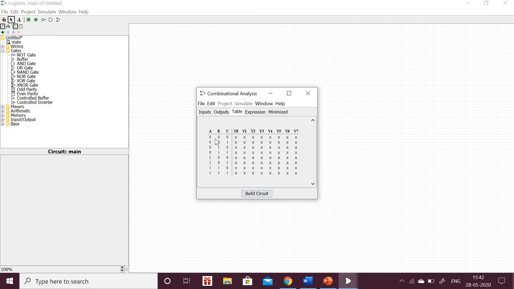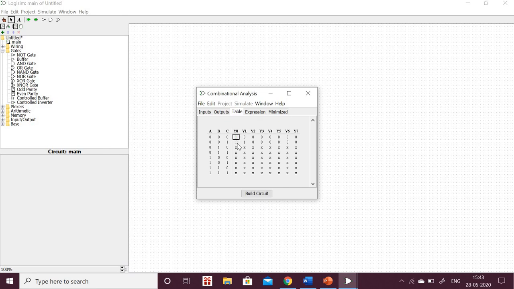Now when 0, 0, 0 is there, I want to turn on only y0. I will make y0 1, and the remaining all things I will put 0. And similarly, when 0, 0, 1 is there, then this value will be 1 and remaining all values will be 0. Or we will take it like this, because 8 combinations are there. I will make the first case for 0, 0, 0 all 0. For 0, 0, 1 I will make this value 1. Like that, whatever way you would like to have, you can take.